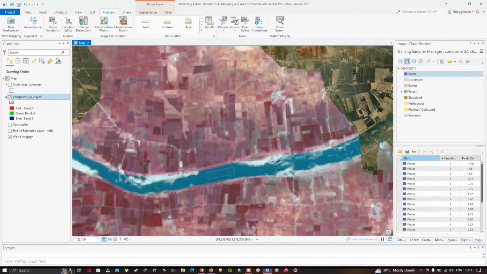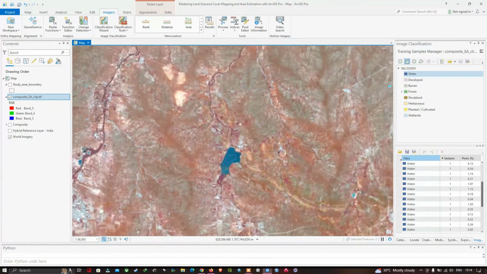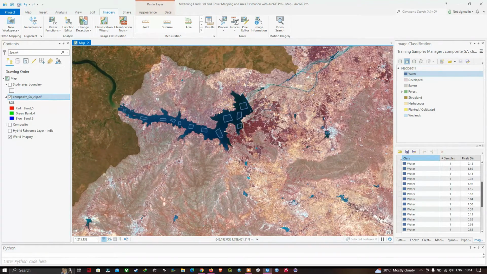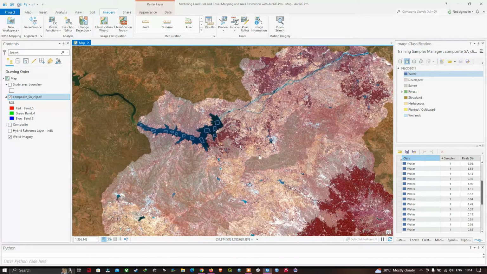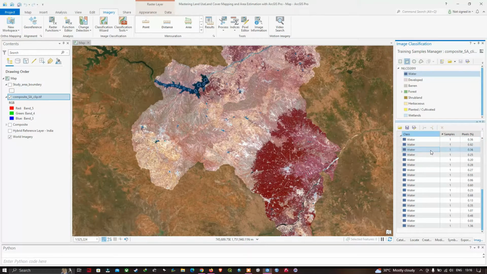So basically what we are doing is we are just providing samples to classify that this particular set of values, the samples, belongs to a water body. And now I have covered most part of the area for water bodies. So once you have given a set of water samples here, you can visualize. I've given many samples, so you get a more accurate result. So next we're gonna select